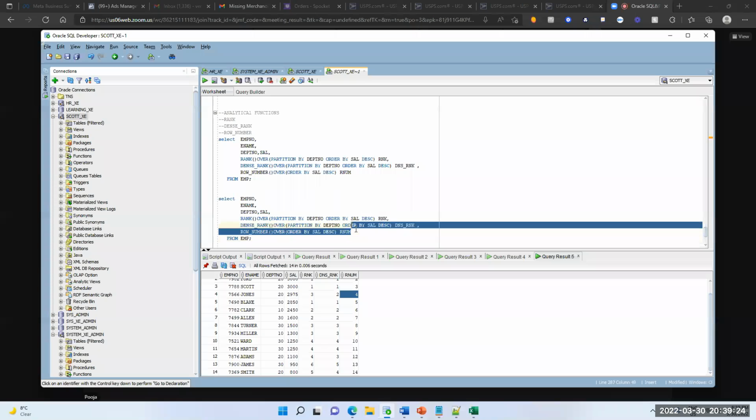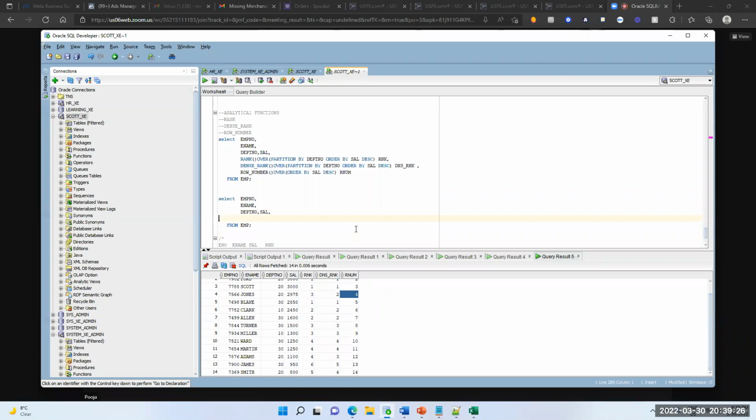We can write sum over, partition by department number, order by salary.